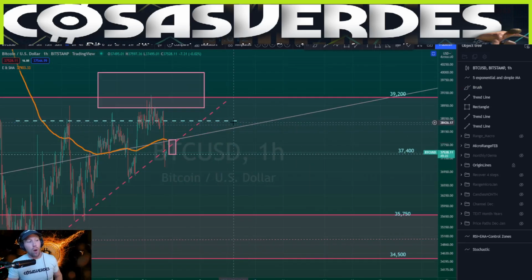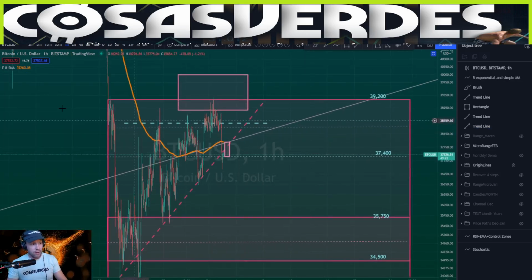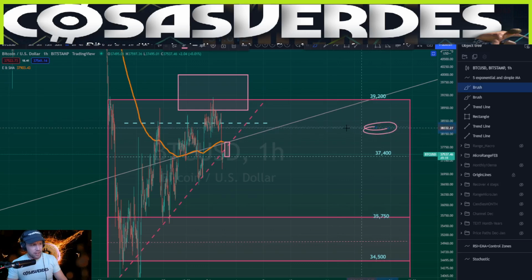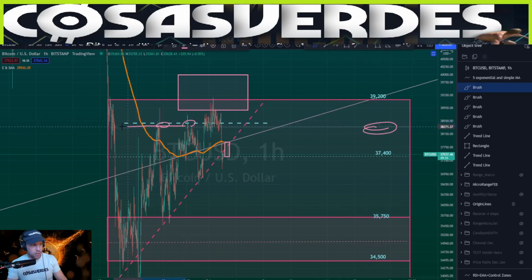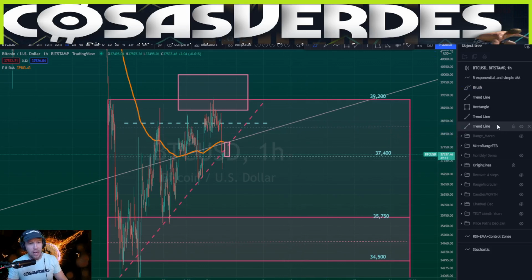Oh yeah, and what does the monthly open align with? This is the monthly open, remember? What does that align with? It aligns with the 7/8 line up here, which has gotten a lot of these tops pretty well. You've got a lot of stuff going on that this is overlaying. Now let's take that off